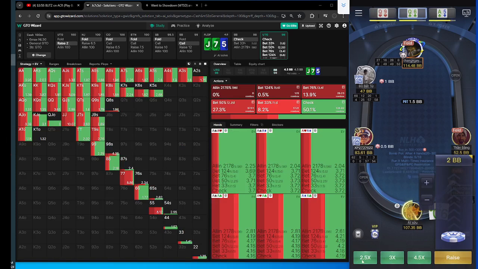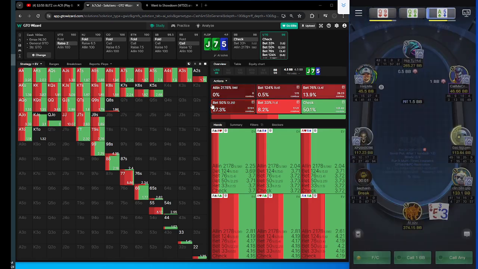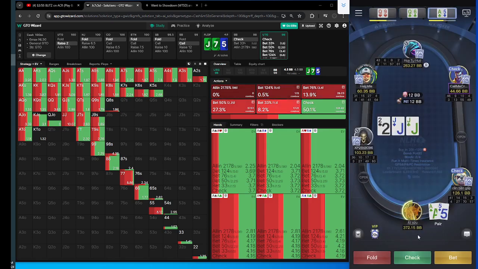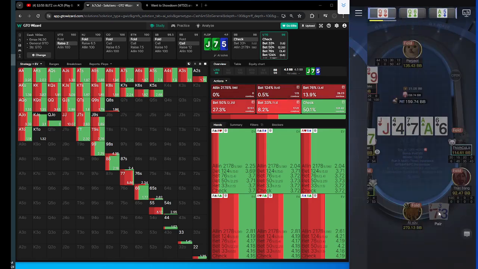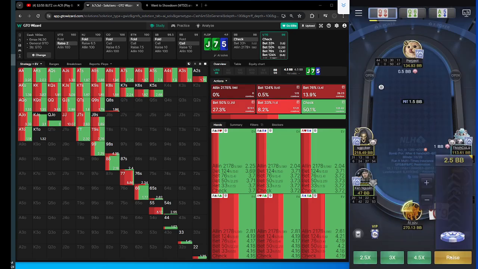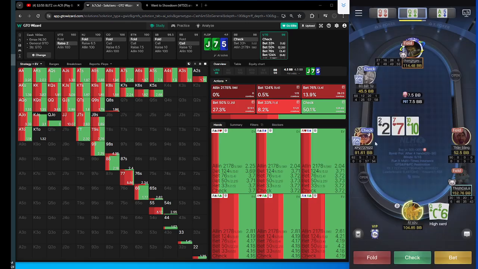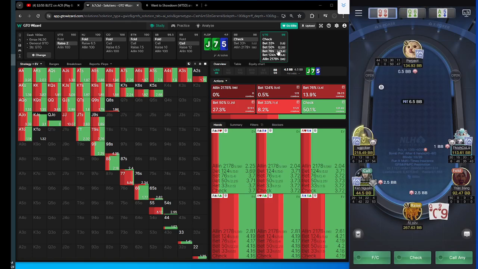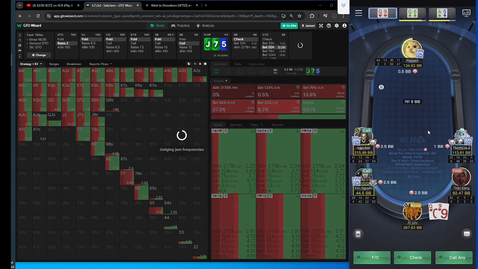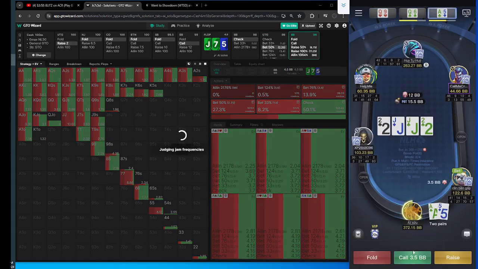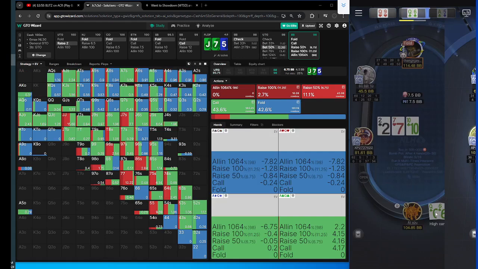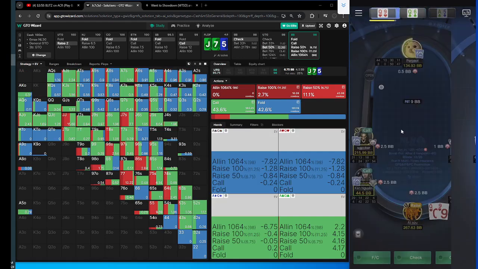It's actually between B50 and B75, which means basically it's B66. Queen 9 we're opening. Okay, I thought that on this board. Yeah, let's see how we play the turn, would you? Let's see how we're meant to play the turn. I guess on the turn we have to do a lot of checking now, because the board is not that good for us. Yeah, but